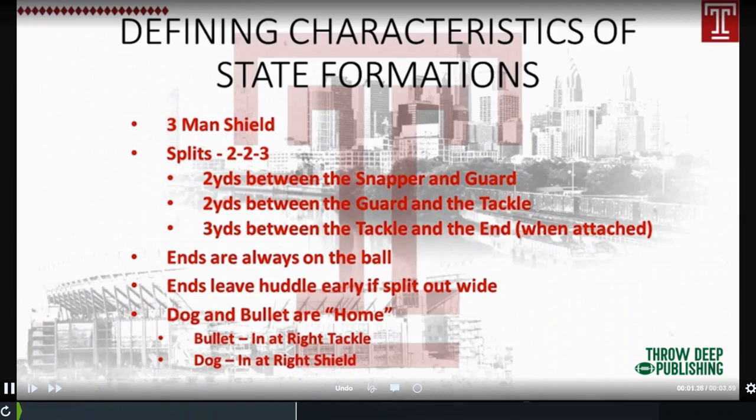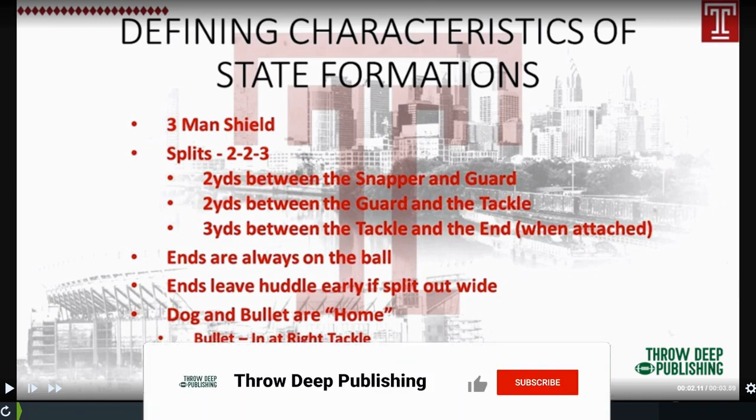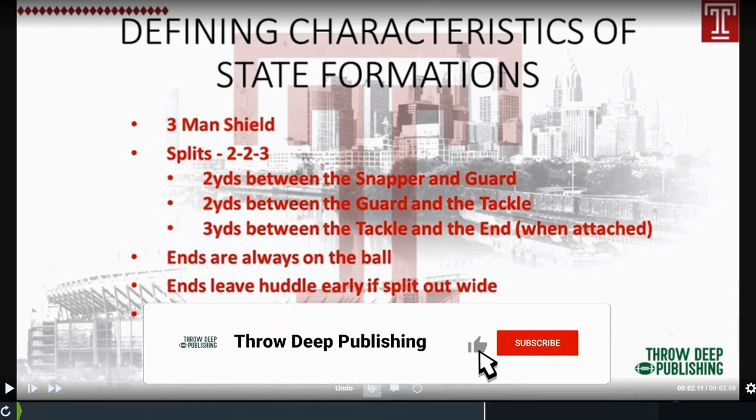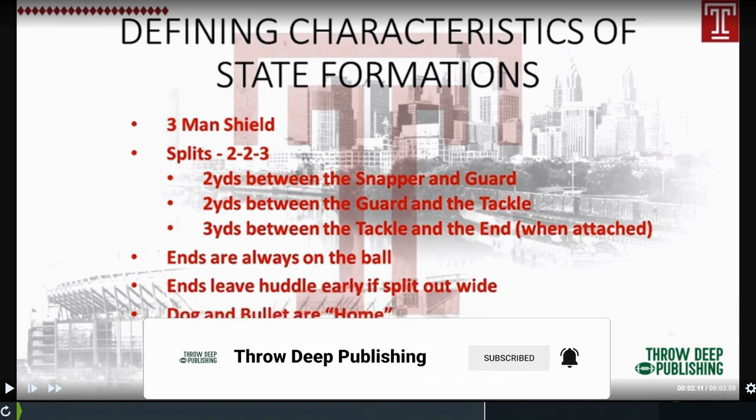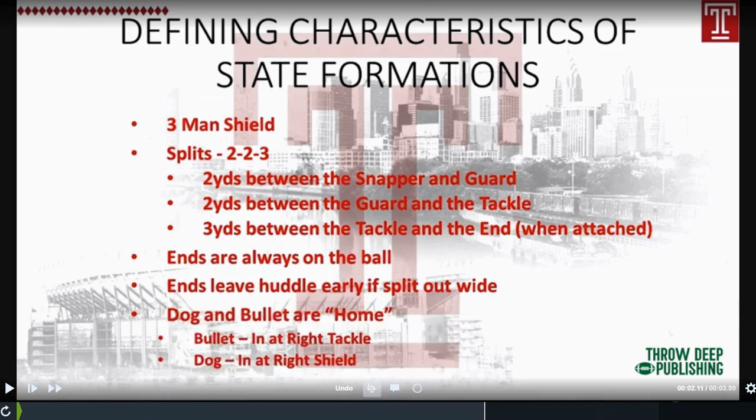All right, let's get into a little bit of what we teach, okay? We have a couple different categories of formations. I want to start with our three-man shields. Anytime you would hear a state formation, Illinois, Michigan, Wisconsin, whatever it would be, that means we're going to have a three-man shield. Our splits up front will be bigger, 2 yards, 2 yards, and 3 yards if our end